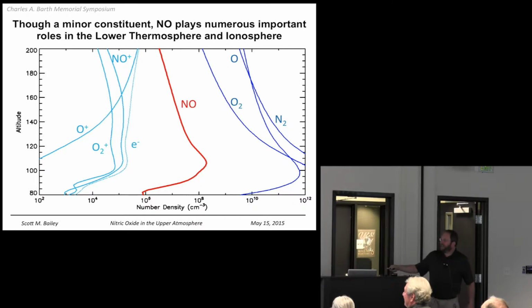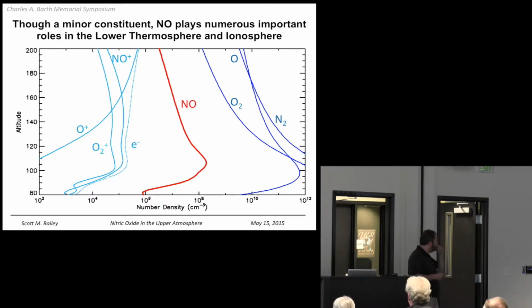So if you think of the atmosphere and you plot the densities of some of the key species in the atmosphere, you have the major species, nitrogen and oxygen, we all know the atmosphere is made of. And the altitudes where we're working with nitric oxide overlap with the ionosphere, the charged particles in the atmosphere. And you see that in density, the charged particles are much lower, orders of magnitude lower than the neutral density of the atmosphere, the thermosphere. And nitric oxide in log scale is somewhere in between.